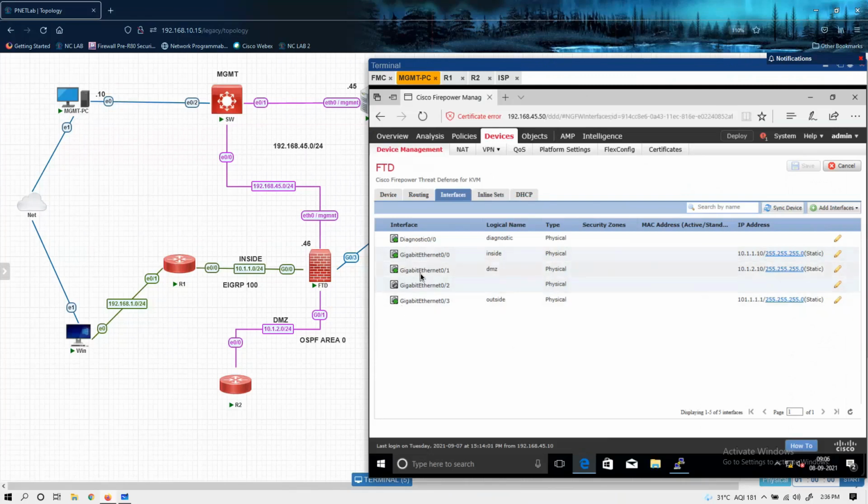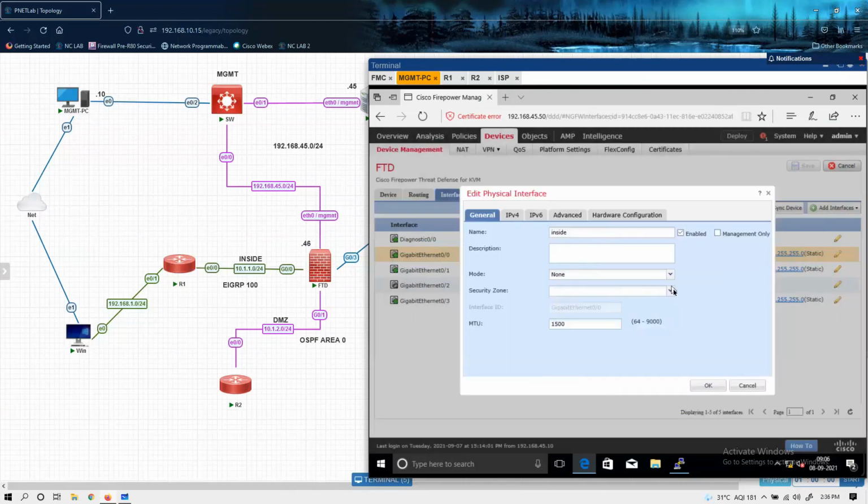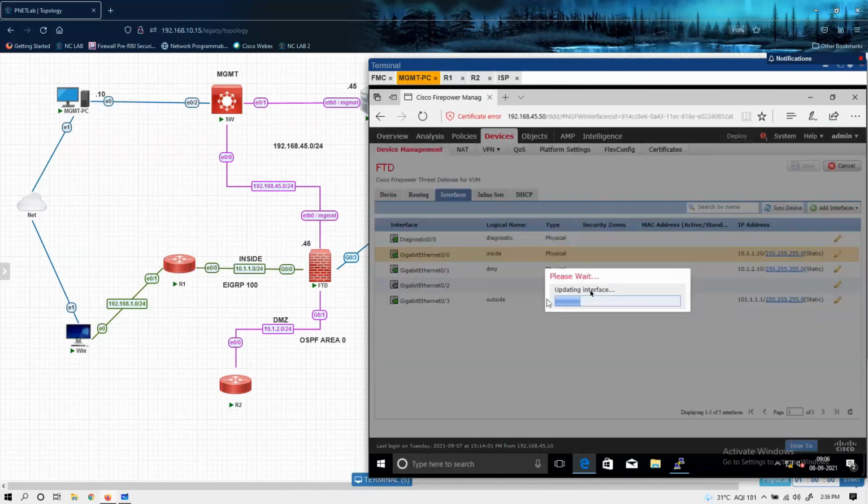So here gig 0/0 is connected with the inside segment. This is the logical name inside. Security zones are removed, so you need to call the security zone. Edit gig 0/0, defined in the inside zone. It was created yesterday, but because of deregistration, it was removed.